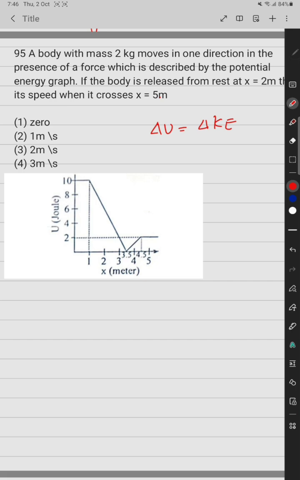At x equal to 5, what is the potential energy? That is 2 joule. But according to this triangle, this side is 1 to 3.5, it is 2.5, and the height of the triangle is